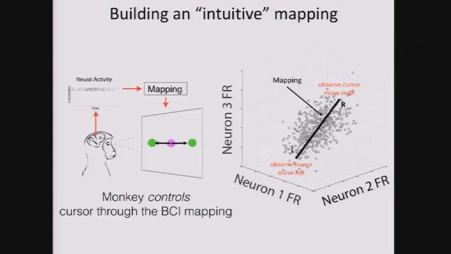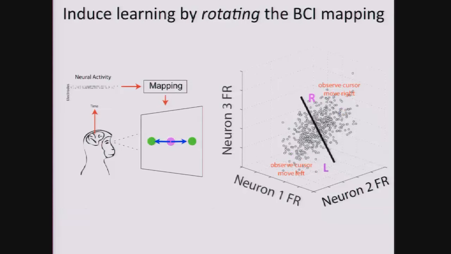So what happens if you rotate that control space? The animal has to try to figure out what he needs to do to restore control of the cursor, because these neural activity patterns which used to move the cursor to the right are now moving it to the left. And the neural activity patterns that move the cursor to the right aren't really ones that he was expressing before that manipulation. So can he figure out how to do this? And then just to put it as a general statement, BCIs allow us to request new patterns of neural activity and observe whether the user can generate them. Okay, so